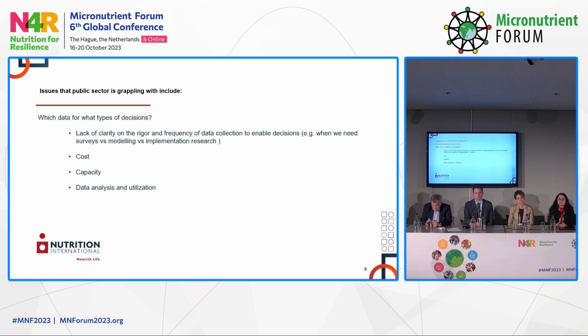And I mentioned in one of the previous slides, data could be needed for advocacy, it could be needed for increasing investments, it could be needed for decision-making about components of the program. And each of those decisions might need a different kind of data and might need a different level of rigor and detail in data. I think as scientists and maybe more technically oriented people, sometimes we want to have the best data, definitely have multiple micronutrient surveys at the national level that have all the biomarkers included. But that's of course data and important information for certain types of decisions. But it's not necessarily what you need for every kind of decision at every level.